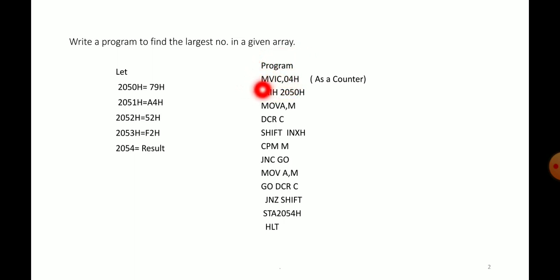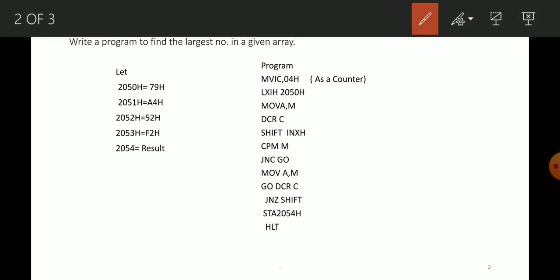MVI C, 04H. Here LXI H, 2050H means we have taken the first number in memory. So after execution of LXI H, 2050H, the memory is loaded with 79.